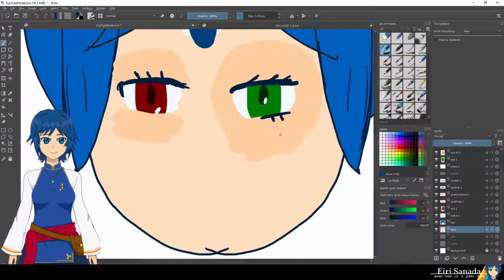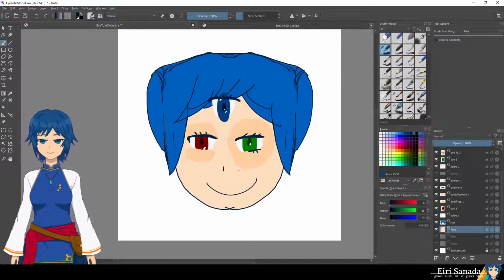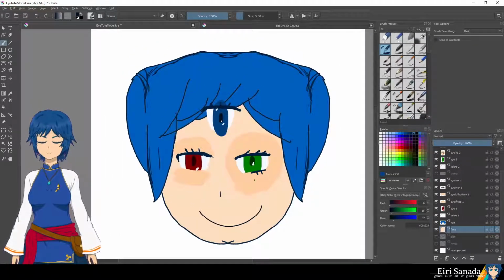Now, before I continue on, let's try to make this look less freaky by adding a nose and a smile. Is that better or worse? Is that better or worse? Say yes. I hope you don't wake up in the middle of the night screaming. Anyway,